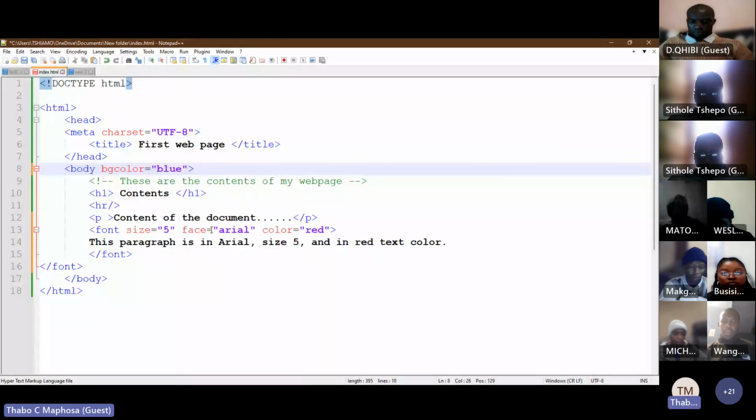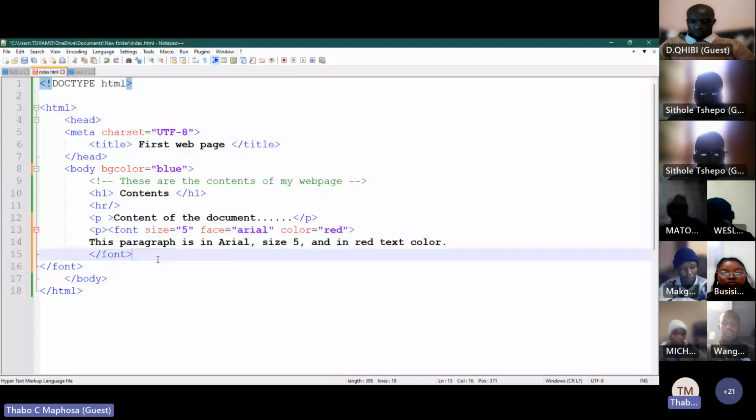Notice here, I did something. I added a certain paragraph. Let me do this. I need to add that paragraph there: P, and then I need to close that paragraph there: P. Notice here, inside the paragraph tag,